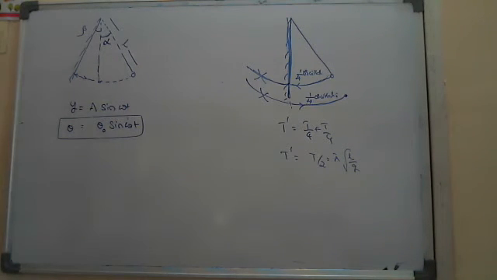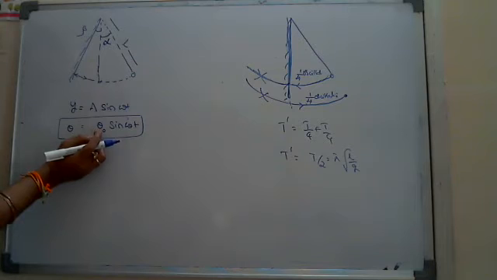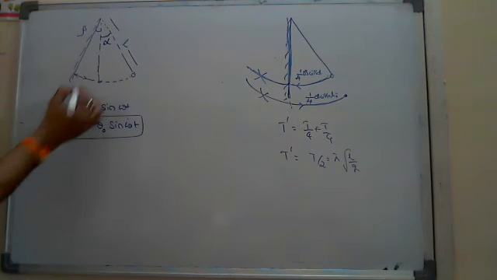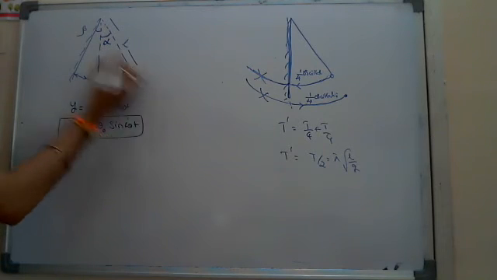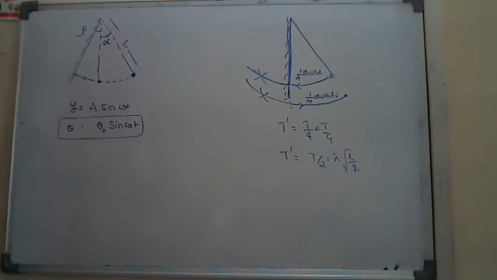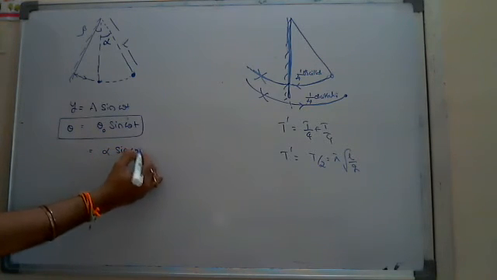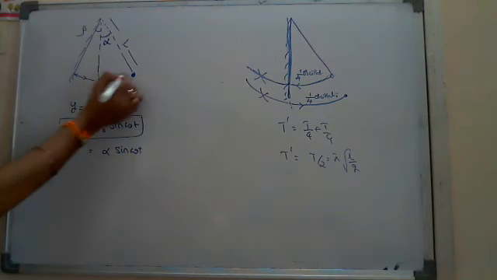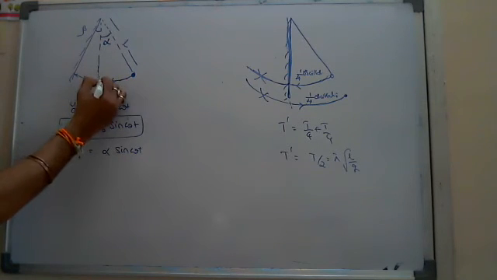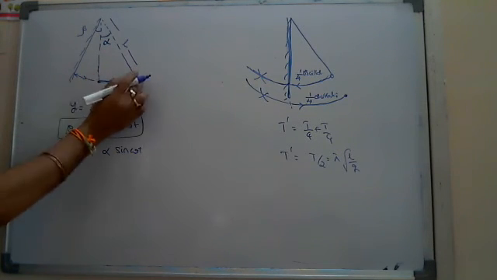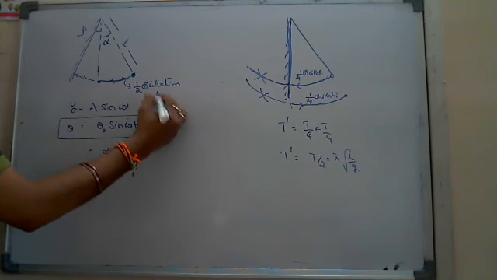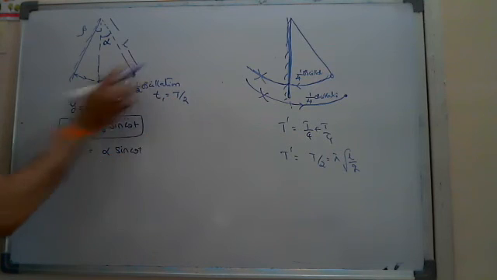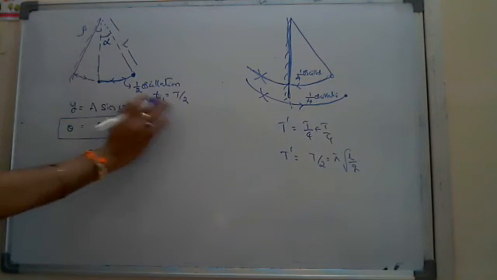Where theta naught is the maximum angle made from the mean position to the extreme position. Look here: from the mean position to the extreme position, he gave that maximum angular amplitude as alpha. So theta is alpha into sine omega t. And here look, to and fro means 1/4 plus 1/4, half oscillation. The time taken will be exactly half of its time period. Okay, so that part is over.